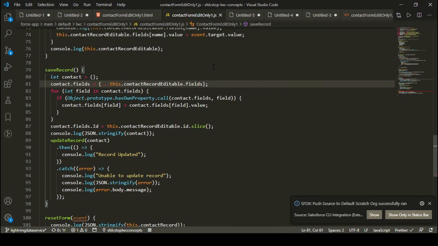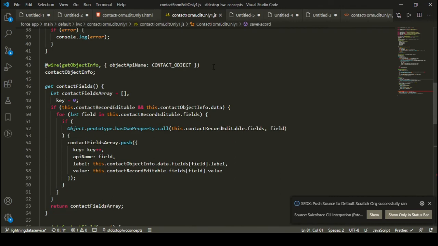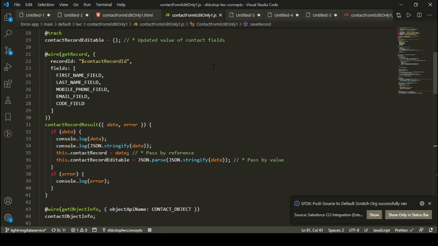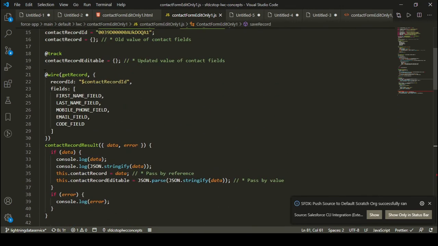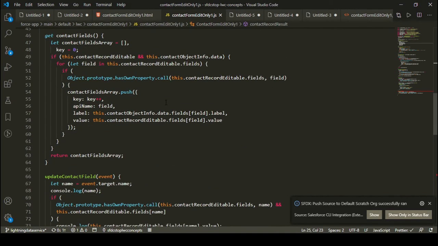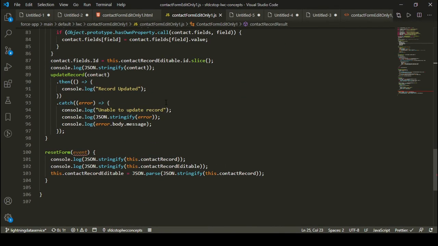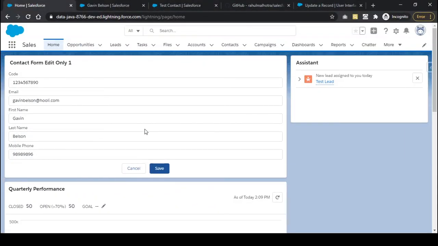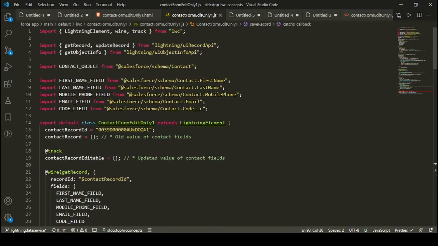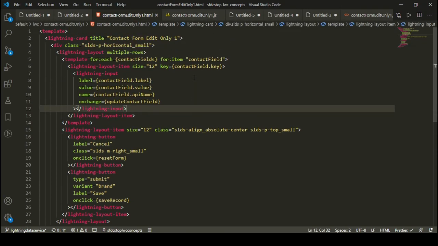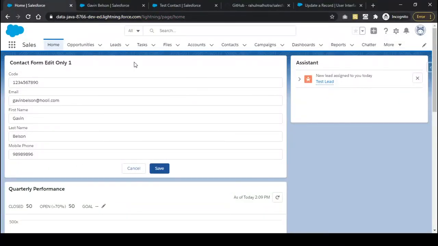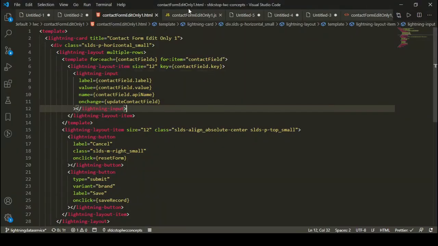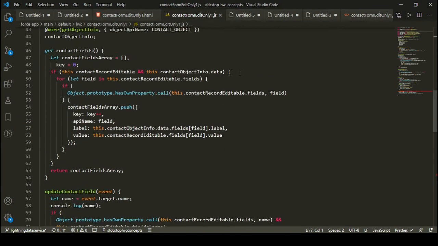So these are the things that you need to take care of while you are working on LWC, when you are working with the wire methods, or even when you are working with Lightning data service as well, right? Yeah, so our save record function is also working fine now, and we have successfully created a Lightning record edit form by using custom code and our Lightning data service. Okay, maybe the original Lightning record edit form is also working in the same way, and we have created another form in a similar way.